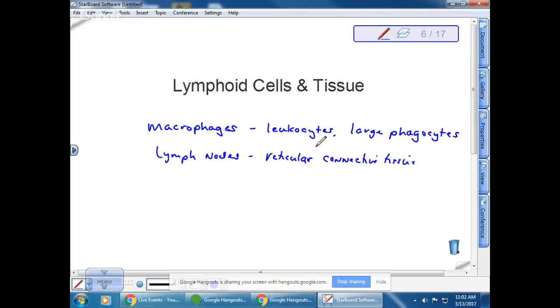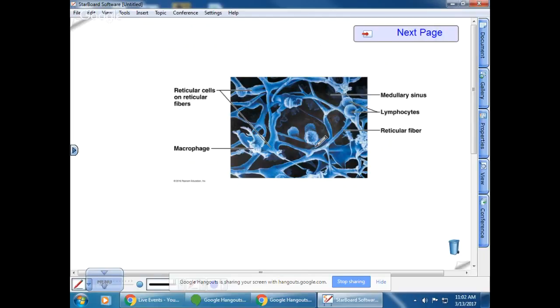So if we look at this diagram of the tissue, this shows the reticular fibers in the connective tissue, and then here are your large macrophages. And then these are also lymphocytes, and we'll talk about the lymphocytes, specifically T lymphocytes, in a minute. But lymphocytes are also white blood cells that aid in fighting off infection. When they go through a node, that's where it's guarded, so that's where all these white blood cells reside in order to fight off infection.